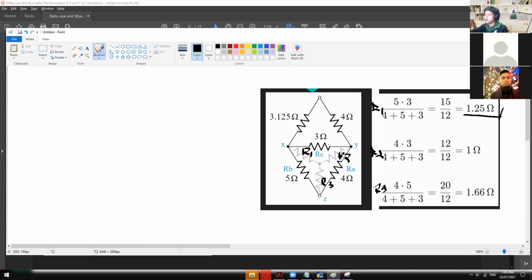If you want to solve for R2, then you're dealing with these two resistors right here. So 3 ohms times 4 ohms, which is 12. If you want to solve for R3, then you're dealing with RE and RB, which is 4 times 5 ohms, which is now this one. And then you have the same denominator, which is 12. So here 12 divided by 12 is 1, and then 20 divided by 12 is